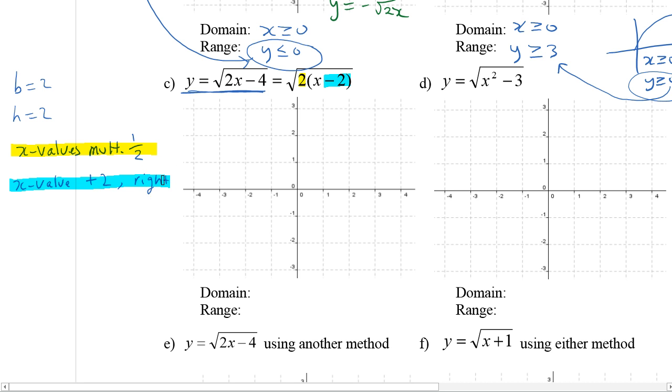And a reminder, the stretches, compressions, and reflections are all results of multiplying. I want to do that first, and then I'm going to do the adding afterwards. Okay, so just like before, let's start off and draw our parent function, 4, 2. So here is the parent function. Now we're going to make 2 changes. The first change is multiplying the x values by 1/2, and we did that in our previous question. The 0, 0 stays the same, and this 4 turns to 2, so I get this,